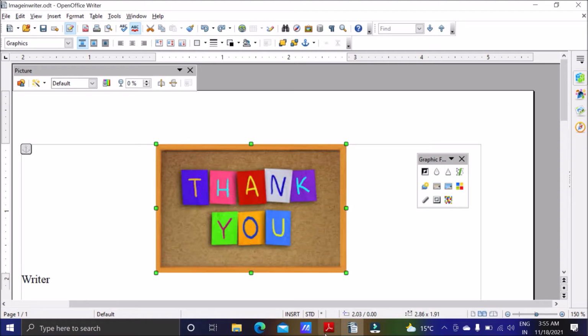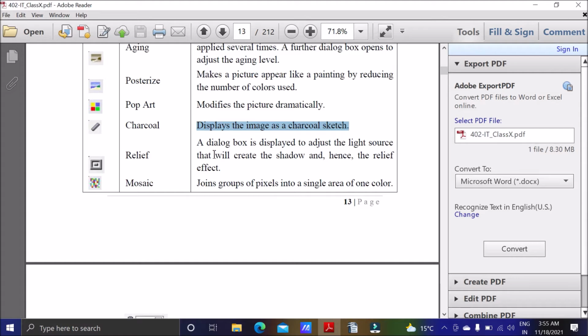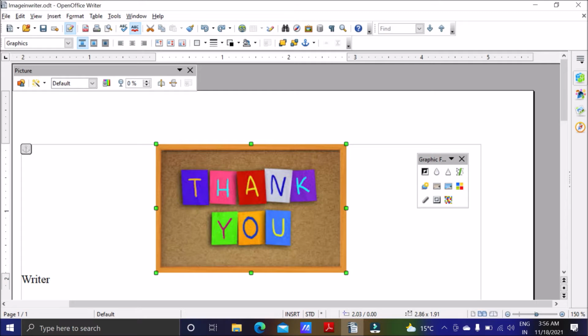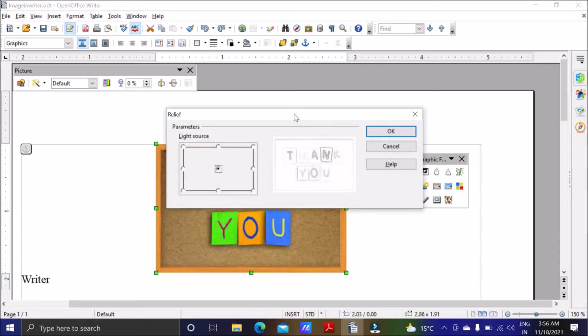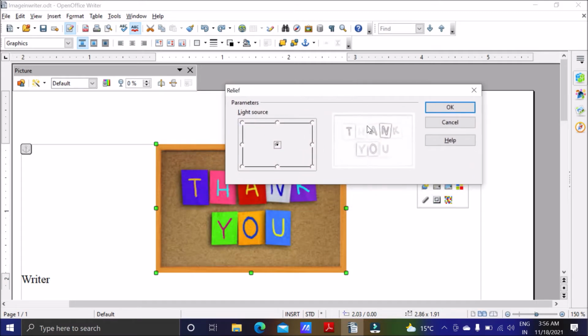Undo our action, Control plus Z. Relief, a dialog box is displayed to adjust the light source that will create the shadow and hence the relief effect. So we will go for relief also. Using this you can create a shadow effect. The image will appear as if it is a shadow.